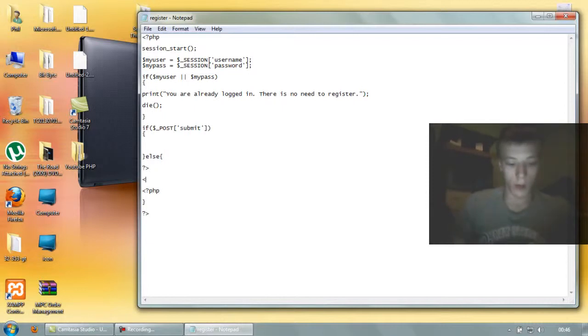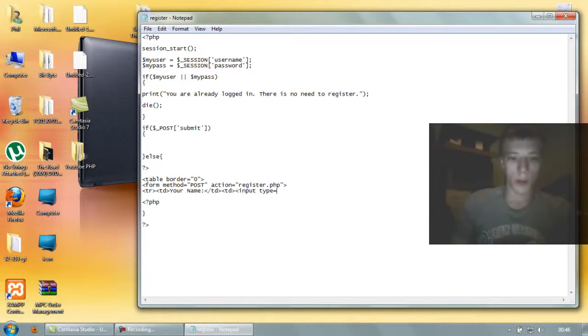Okay, so first of all type in, as before, a new table. The table border equals 0. Then we're going to want form method equals post, action equals register.php, and then we're going to want to type td, your name, end that td and start a new one,